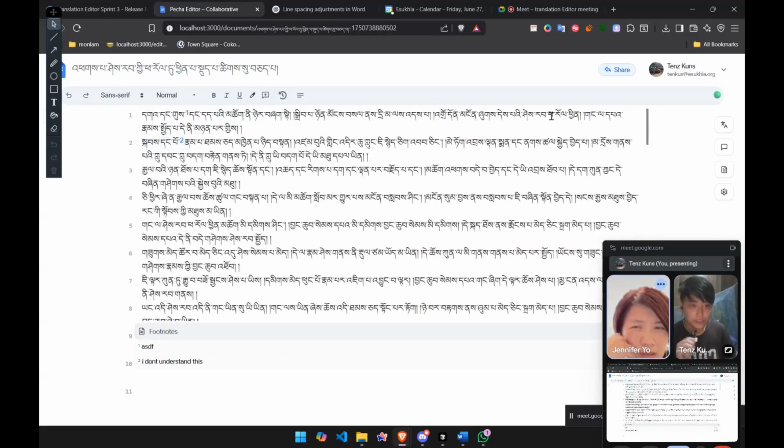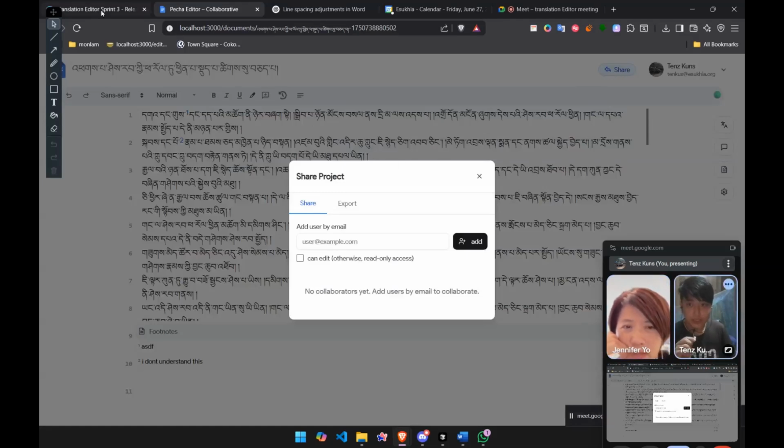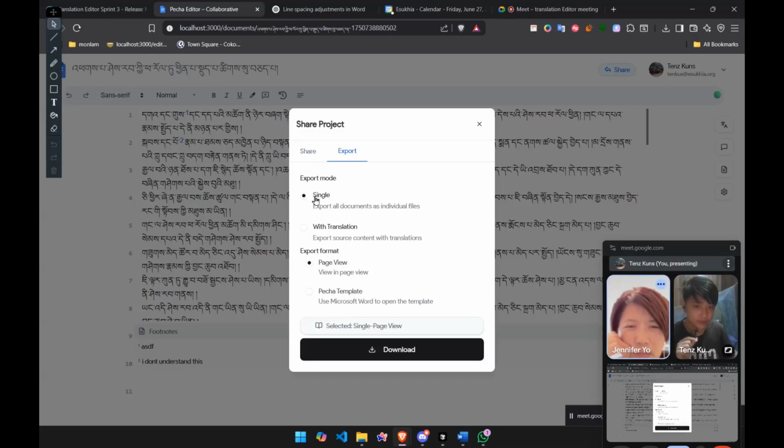Now if we export it, the other release was the export option. So we have single language export and with translation. If we export in a single language with the page view,